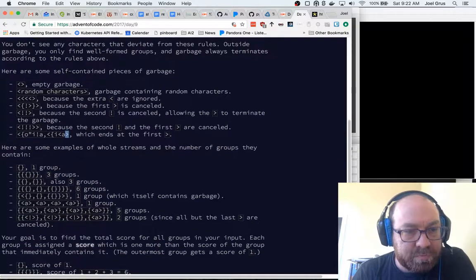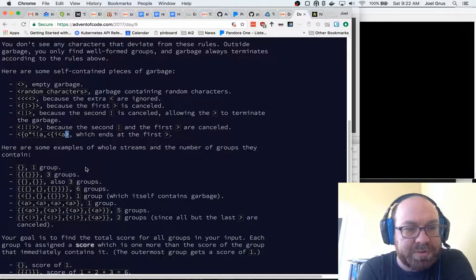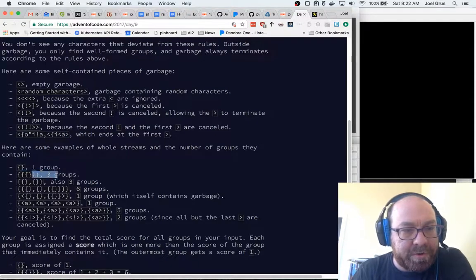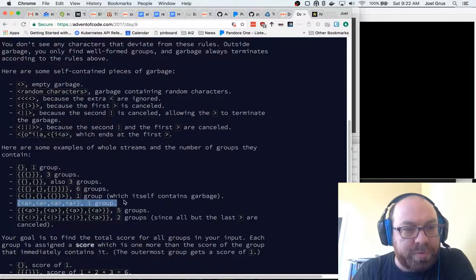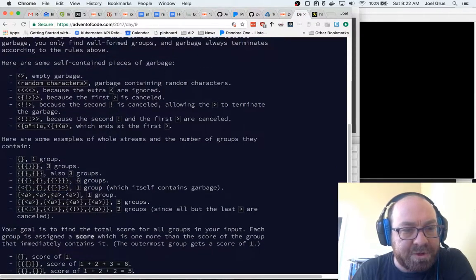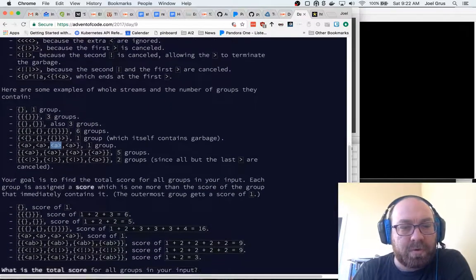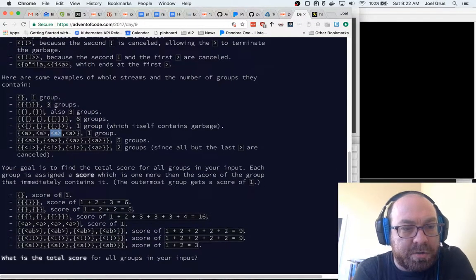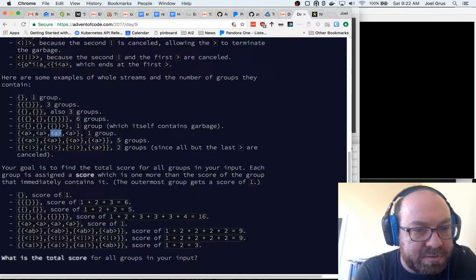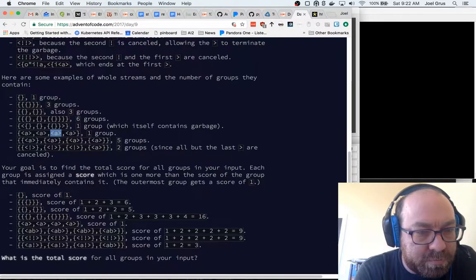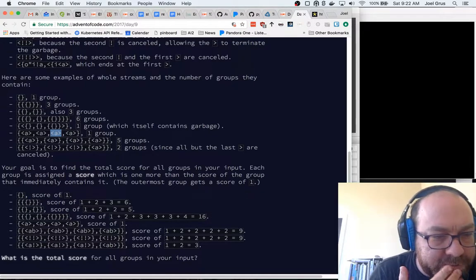Here are some examples of whole streams and the number of groups they contain. 1 group, 3 groups, one group. So you can have garbage inside a group. Your goal is to find the total score for all groups in your input, so let's say 2 groups.